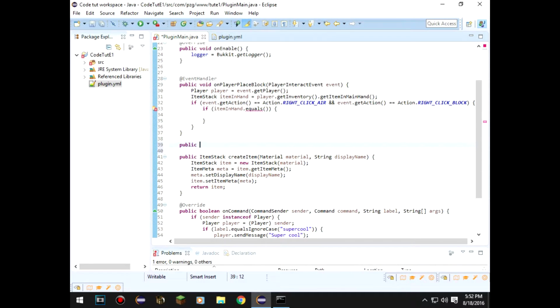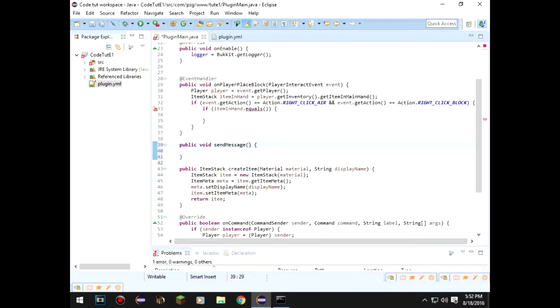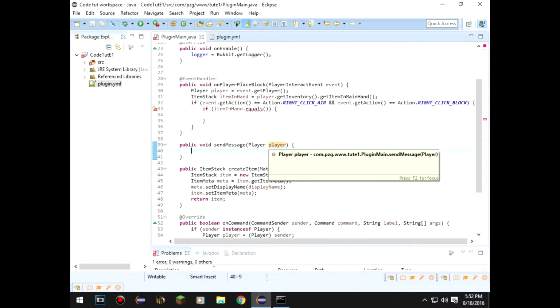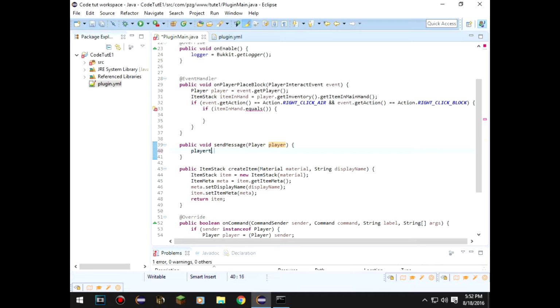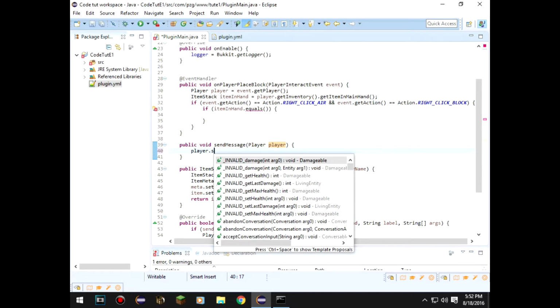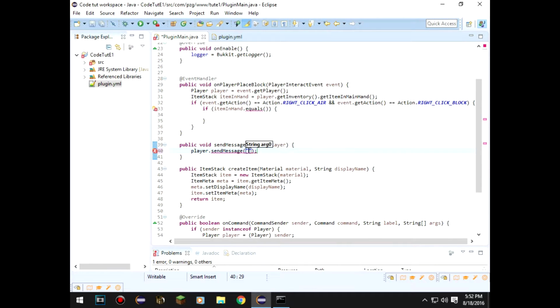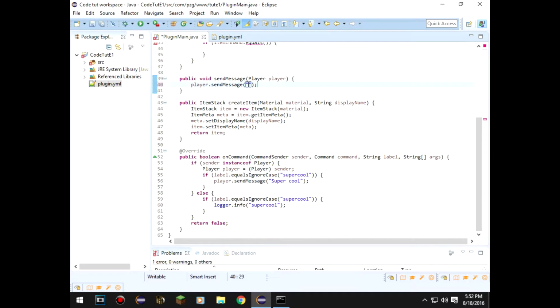So, we want to do public void sendMessage, and we're going to have to grab a player. That means when we call this, we have to input a player. We have to have a player to input to this to send a message to a player. So all we have to do is type in player.sendMessage, and it's as simple as doing what we did before. We could have any message we want. So we could just say the message we had before, and so now we don't have to call the very long, tedious